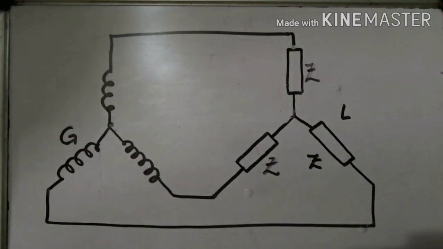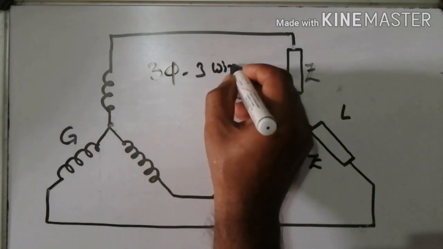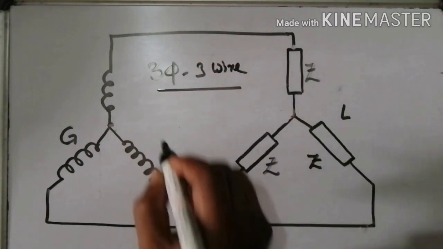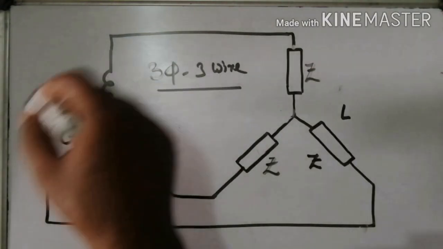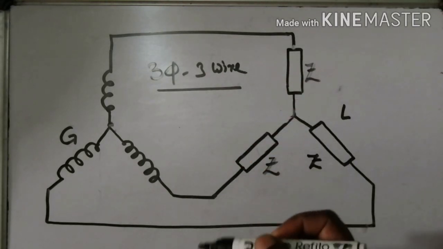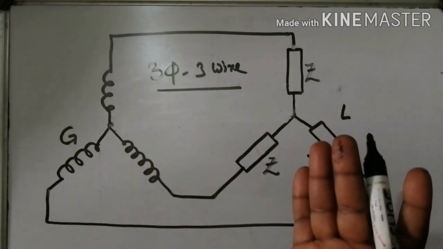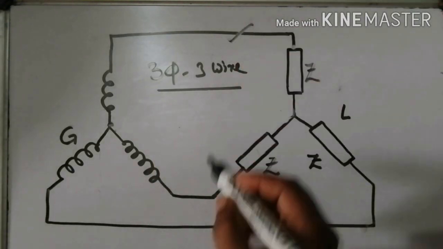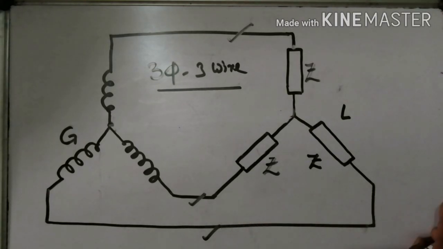Now this system is known as three-phase, three-wire system. Now it is a three-phase and three-wire system. Now see the diagram very carefully. We have reduced the number of conductors from 6, which was the initial stage, to 3. It means that there is 50% saving in the conductor cost.